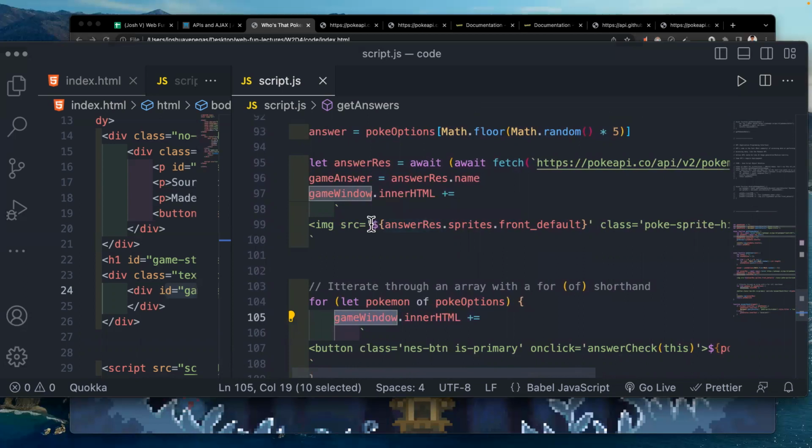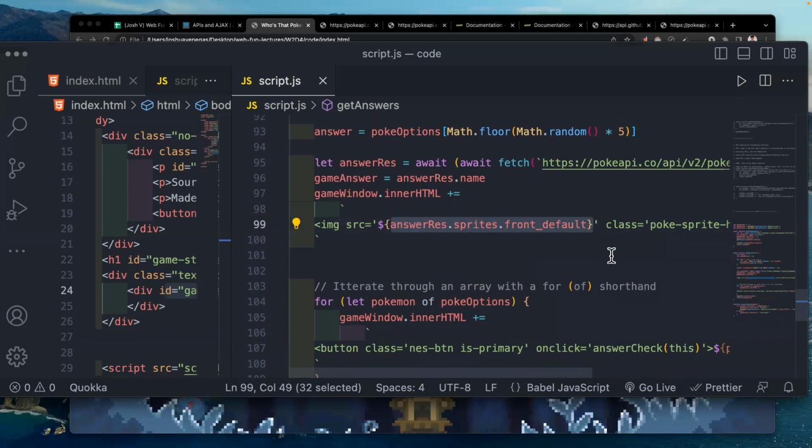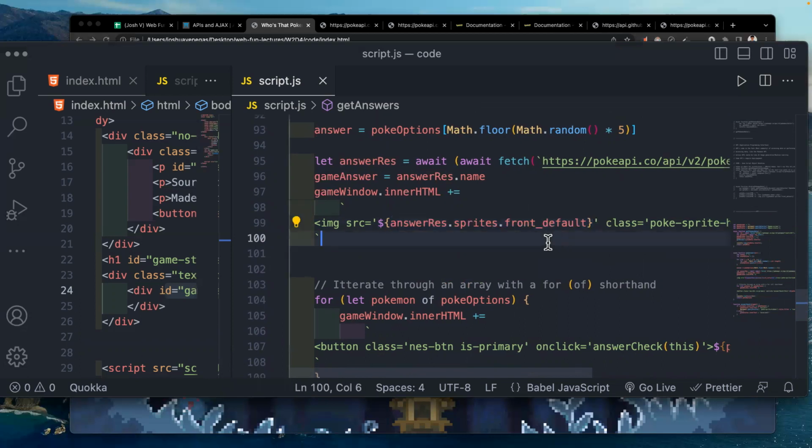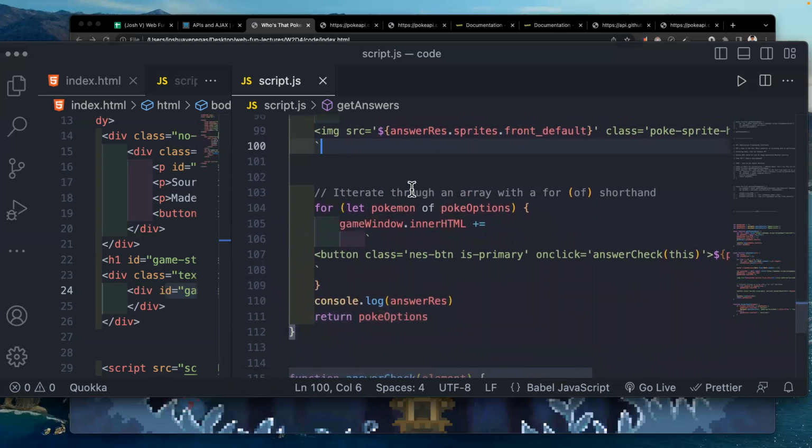When you see a dollar sign, that is what's called string interpolation. You're taking a string and then you're adding it to whatever specific part of the JavaScript that you're wanting to add it to. So we're just adding a string here. This one iterates through the array of PokeOptions.